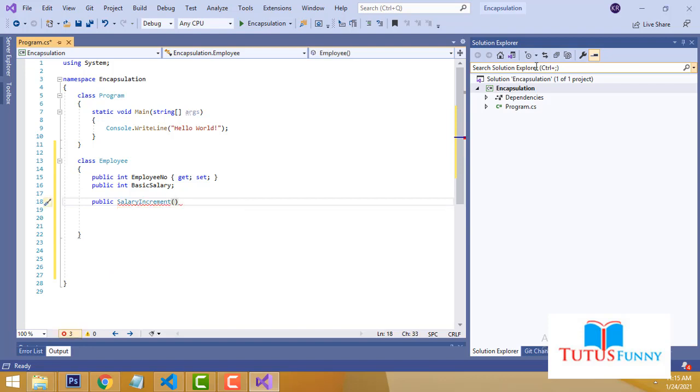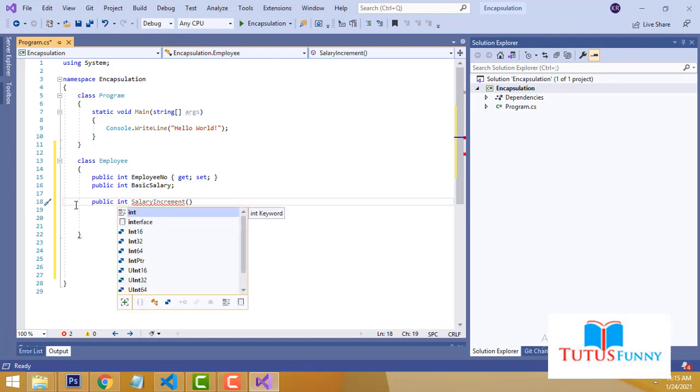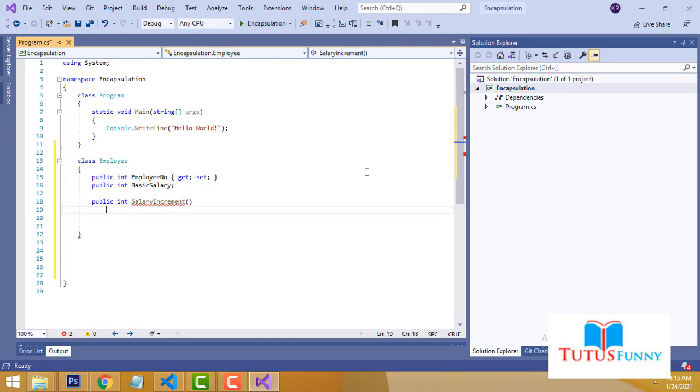This one should have a return type, so we put int here. Open curly bracket and close curly bracket to close the function.